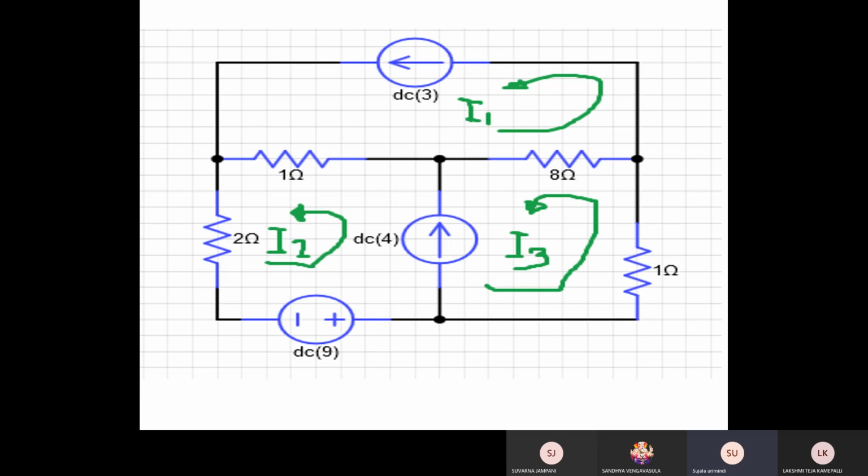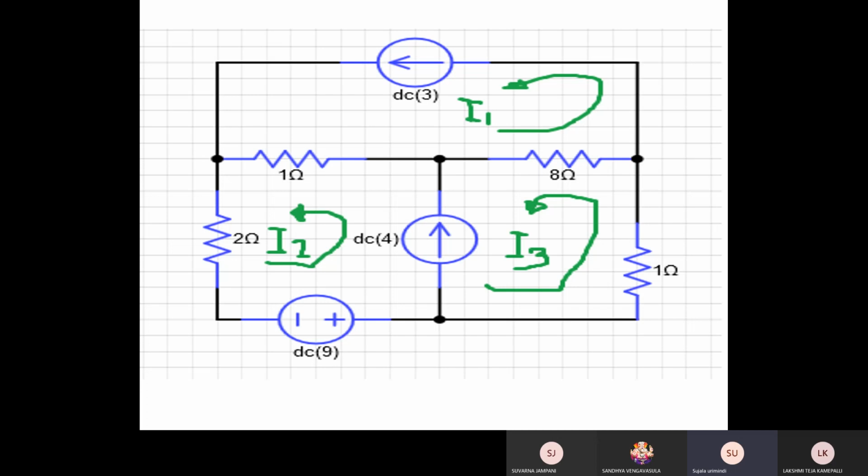But whatever you have to do is, generally we have to open the DC3 current, but this is the first equation, and when you open the DC4 current, then you have to write down the second equation. Then you observe that this totally will be one loop, but we have to write down the equation. This 2 ohms, 1 ohm will depend upon the I2 current only. 8 ohms, 1 ohm will depend upon the I3 current only, and 8 ohms will depend upon both I1 and I3 currents. 1 ohm will depend upon I1 and I2 currents.